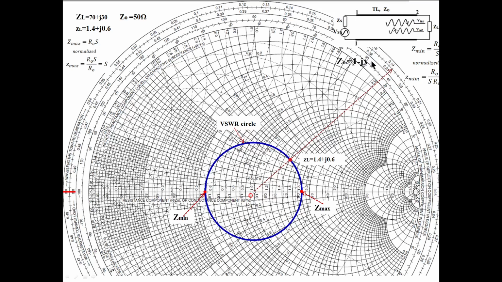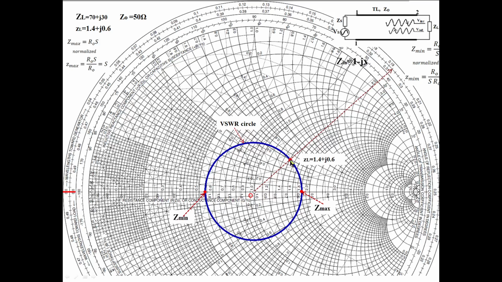See, while moving, the real part changes, X also changes, the impedance changes, the R value changes, the X value changes. But what I want to do, while traveling like this, whenever the resistance value is 1, I want to stop and measure at what distance that is. How can I do that? From the Smith chart you can do that.